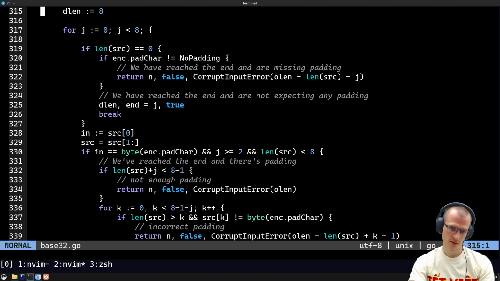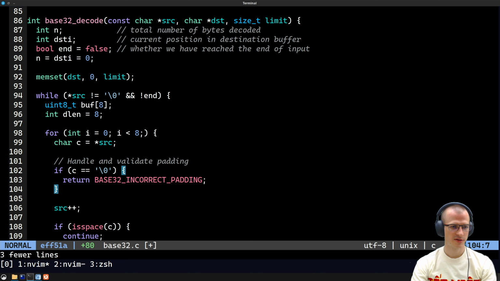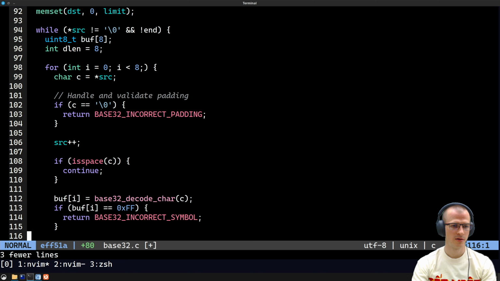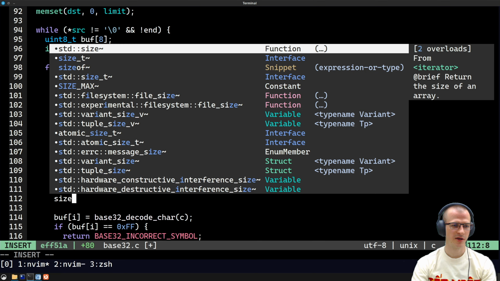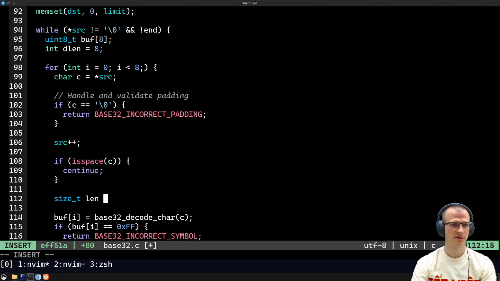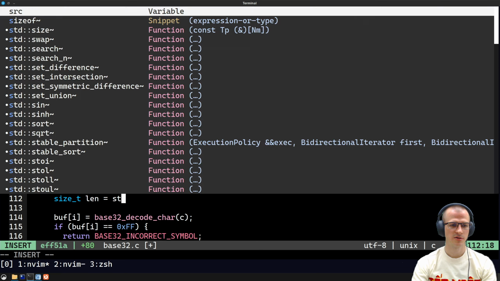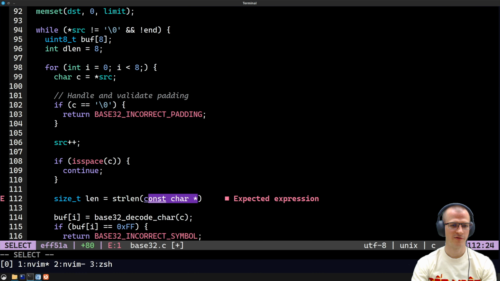Okay. So in this case, I'm going to calculate the length of a string in here. Size t length equals string length of the source,